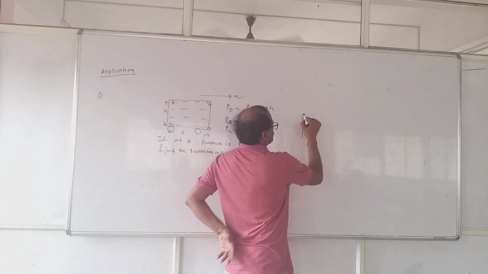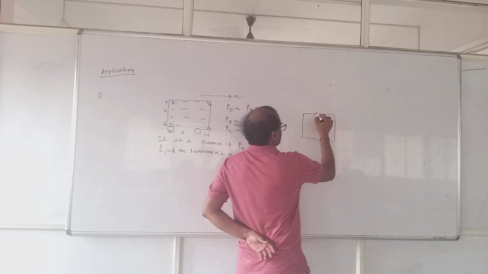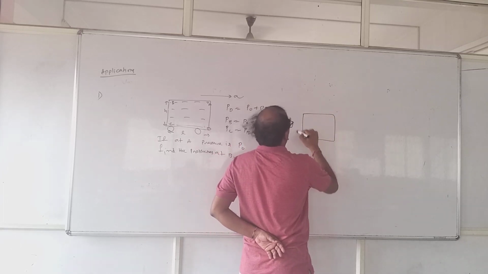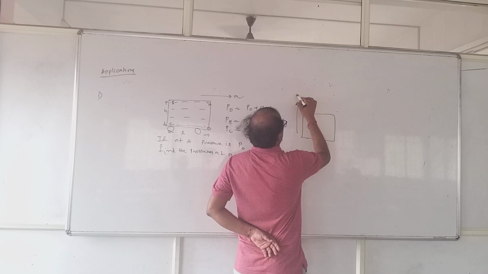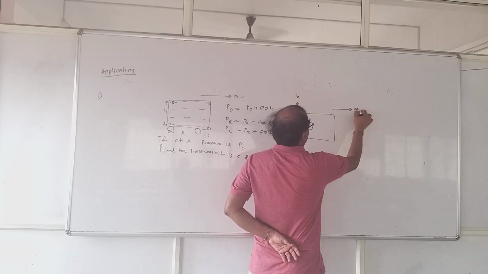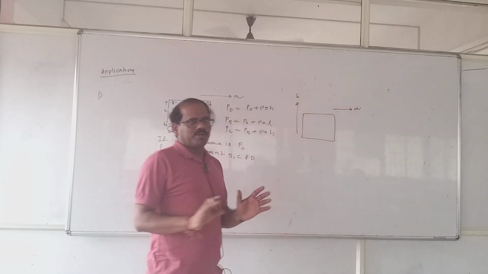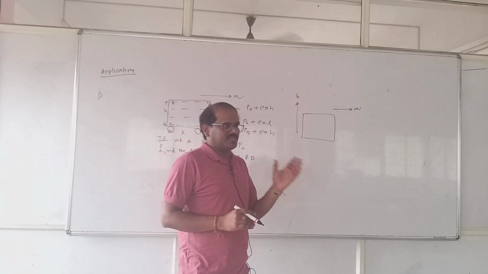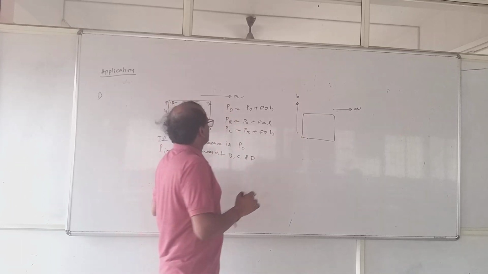Suppose the same vessel somehow has acceleration b upward and acceleration a, right, two components I'm giving. That means actually it's not going either horizontal or vertical. Also the same problem.